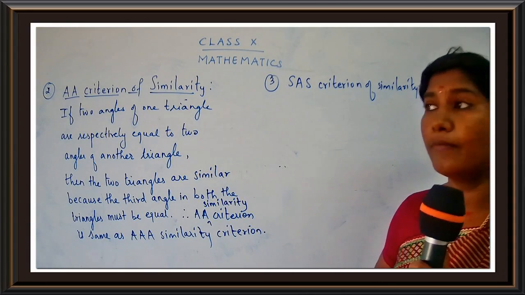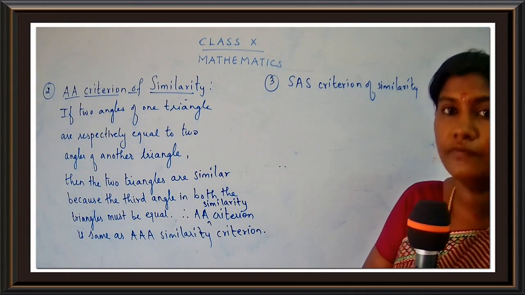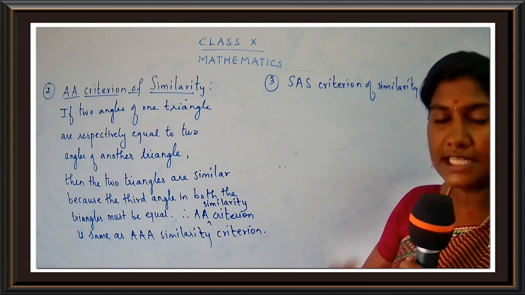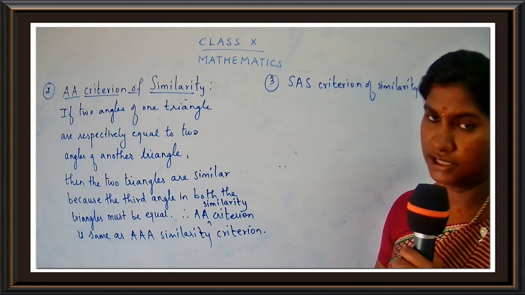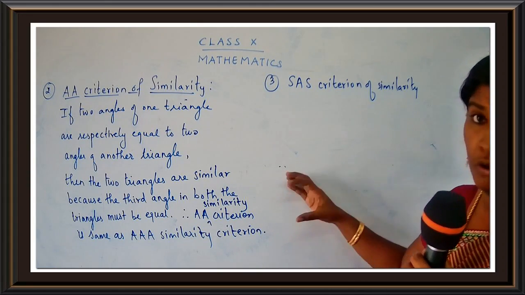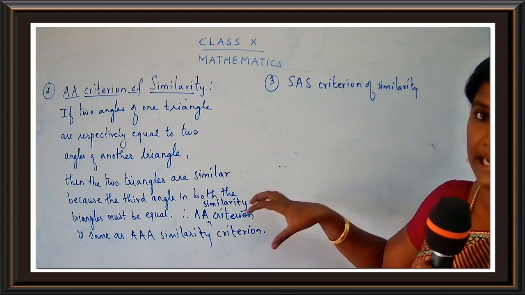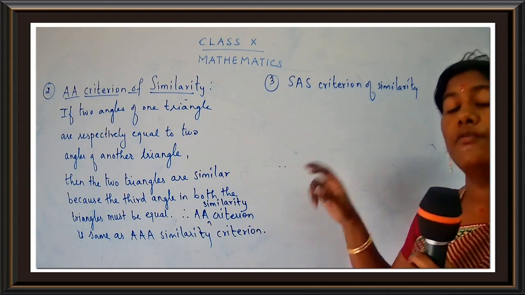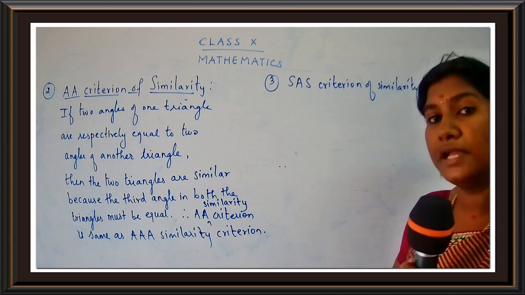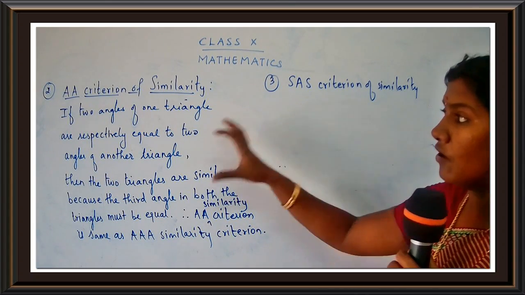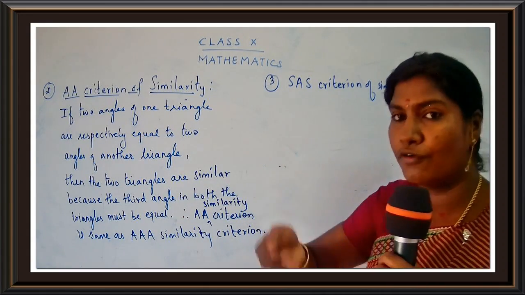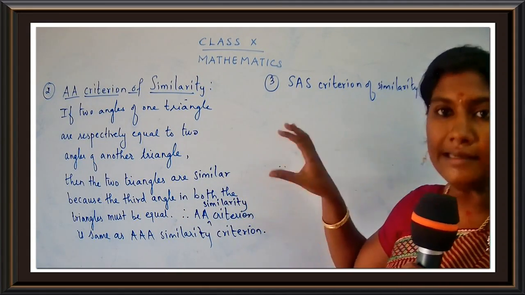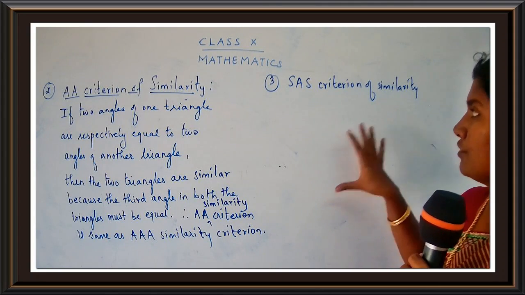to solve a problem, first of all, we have to find out whether the triangles are similar. Once we find the triangles are similar, then only we can proceed for the further steps. Okay, children? So we should know how to check for the similarity. When you get AA, or when you get SAS, or when you get SSS. So without the proper explanation or without the proper idea, you cannot go for the further step. So we should be clear with the definitions of different criterions.